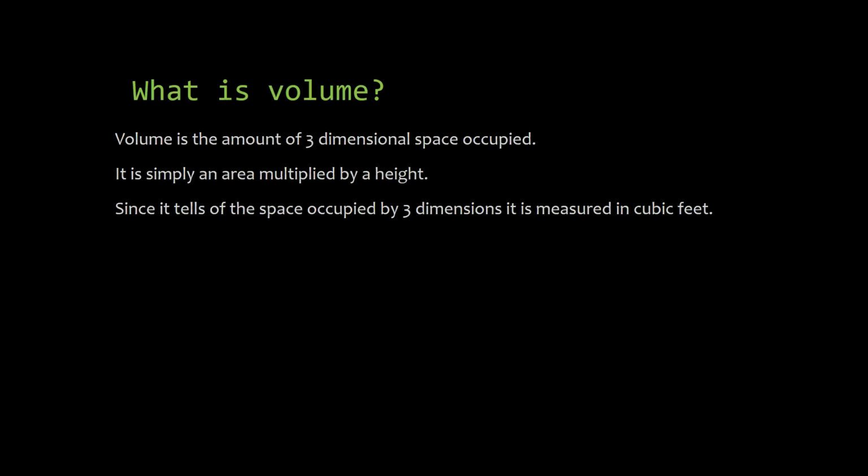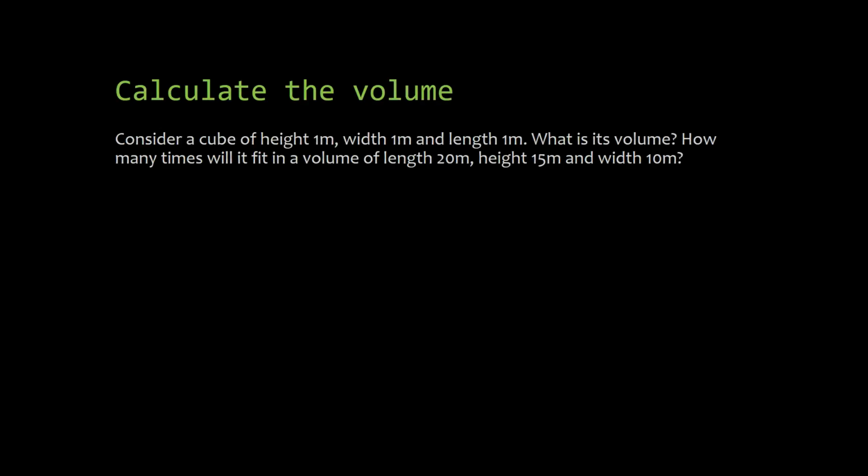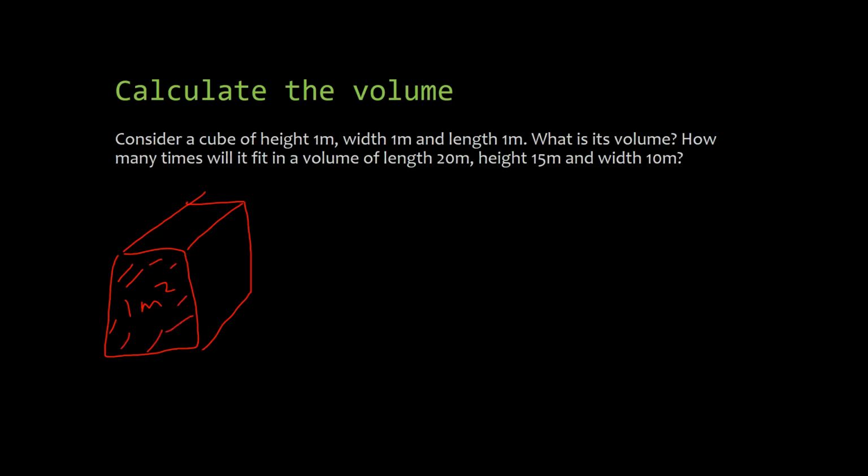Now, volume is measured in 3 dimensions, so therefore we would have units that correspond to it in cubic. The volume is simply the area of an object multiplied by how much distance that area has covered. Let's say, for instance, we have a cube. I should really draw a better cube than that, but let's say we have a cube. We know 1 meter squared is the area on this face of the cube. Just like we had before with the tiles, each having to add up the areas so that we could figure out the total area,